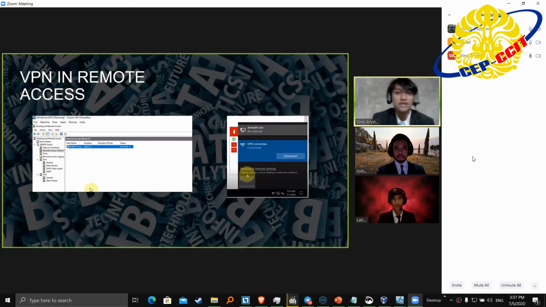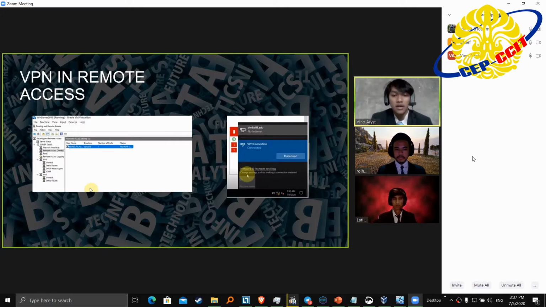VPN in remote access. A remote access VPN works by creating a virtual tunnel between an employee's device and the company network. This tunnel goes through the public internet, but the data sent back and forth is protected by encryption and security protocols to help keep it private and secure.